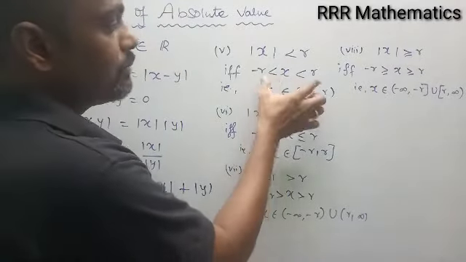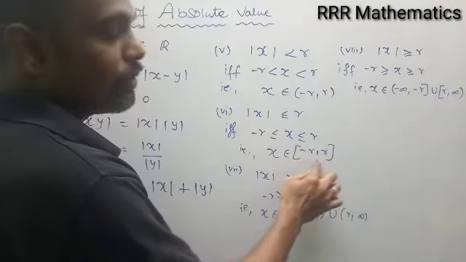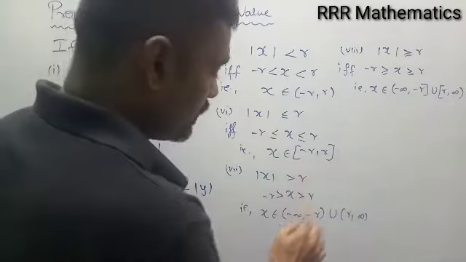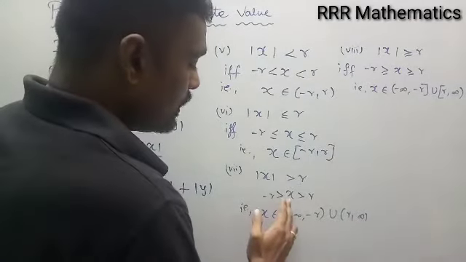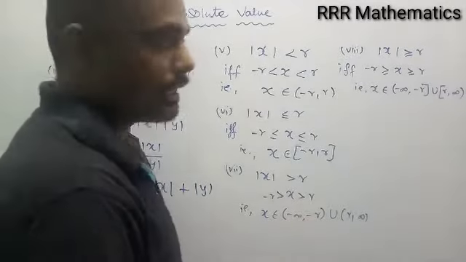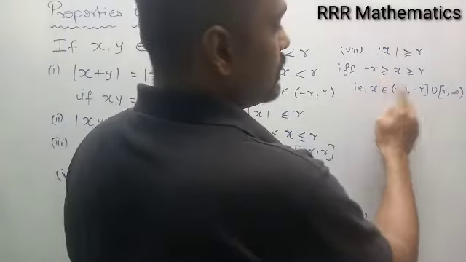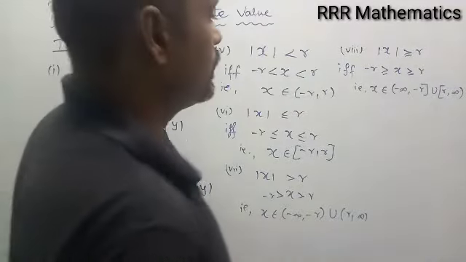In this case it lies between minus r to plus r. In this case it lies between minus r to plus r, including minus r and plus r. That's why closed interval. Here x is greater than r, so r comma positive infinity. Here x is less than minus r, so minus r to this side, that is minus infinity comma minus r. Here I use an equal sign, so I will put r and minus r with equal sign. Got it? Next.